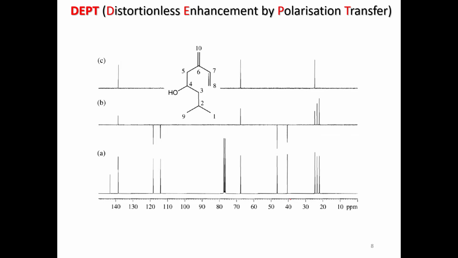Otherwise, sometimes depending on the instrument, they go the other way: methylene up and CH3 and CH down. In all the exercises that I'm going to give you, CH and CH3 are going to be up, CH2 on the DEPT is going to be down. A very important thing on the DEPT, especially the 135, is that quaternary carbons